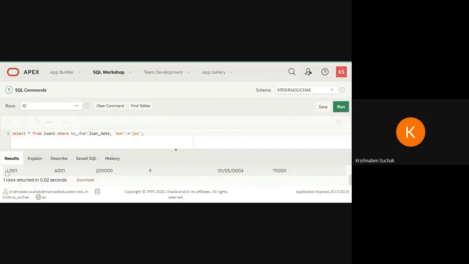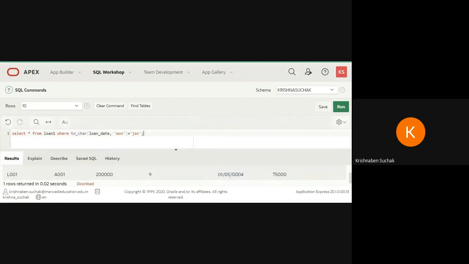Now see, only one loan is shown here. The date is January 05 2004. Okay, so this is the query.